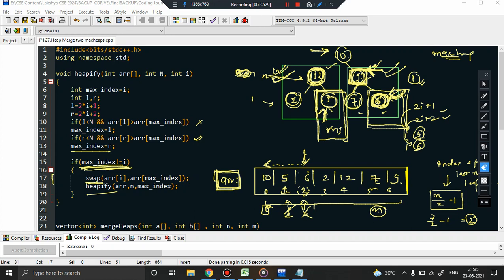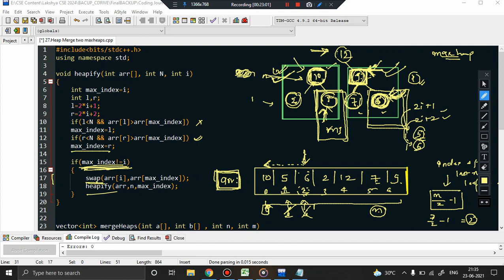So I will just update max index to this point, and after updating, swapping, you will see 10 comes here, 12 comes here. So now after you swapped 10 and 12, since I have disturbed this particular node, because the max index was pointing to here, I might have disturbed this subtree, right? You can see this subtree. That is why I will perform the heapify operation again. But you will see that there is no problem, because this is 10, and this is 2, this is 5. So still the heap property is satisfied, so no problem with it.